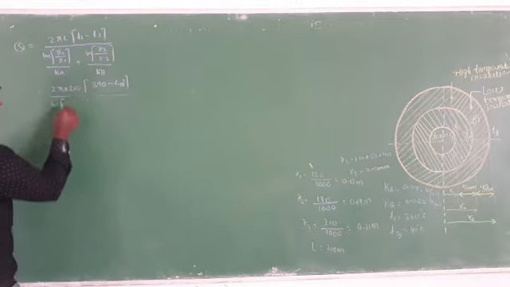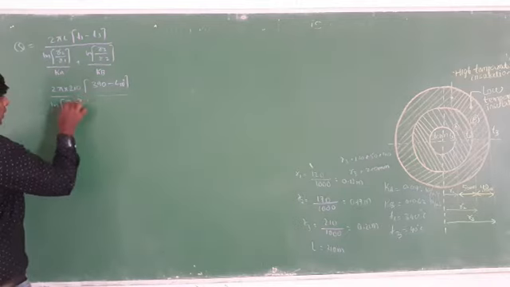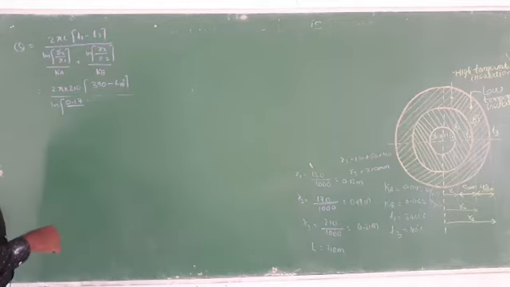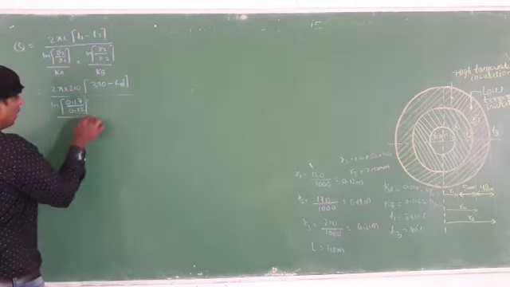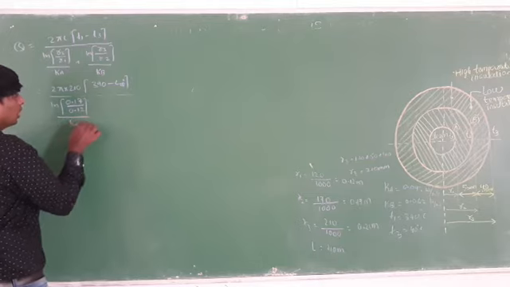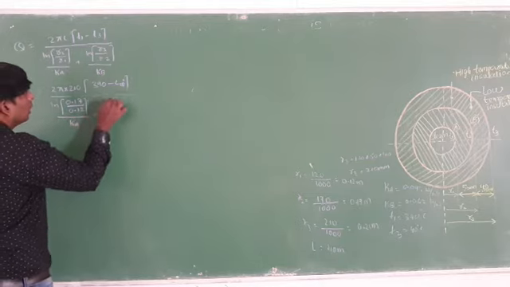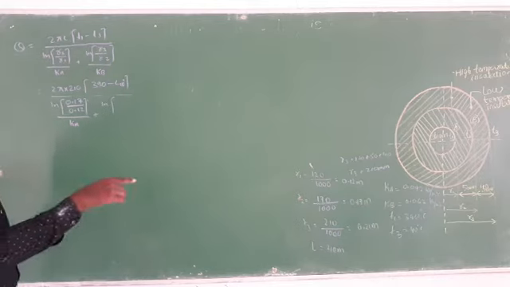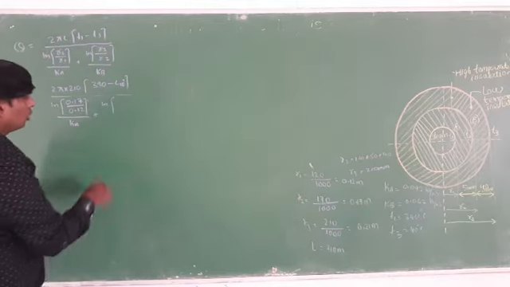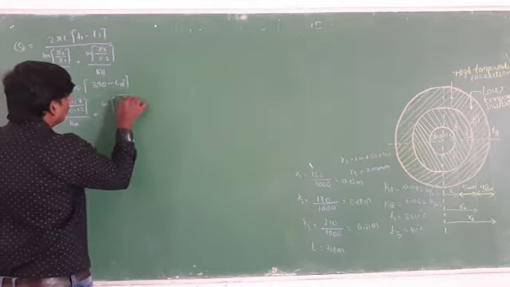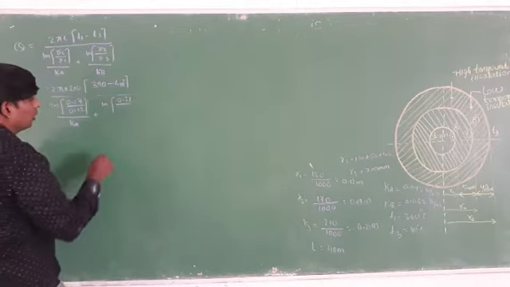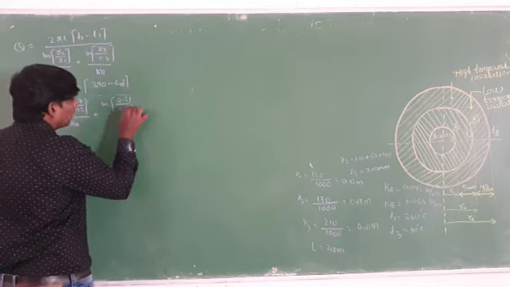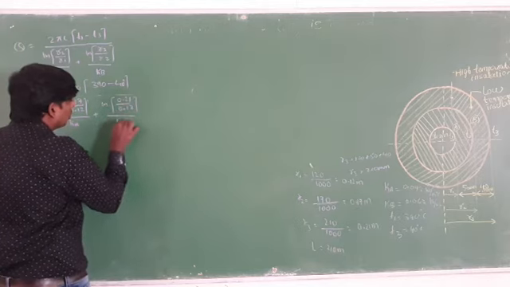R2 is 0.17 and R1 value is equal to 0.12. By here you have to write down the value of Ka plus, in here R3 by R2. As you can see, the value of R3 is 0.21, then R2 value is equal to 0.17, by here you can write down the value of Kb.